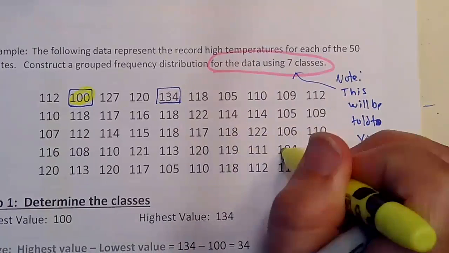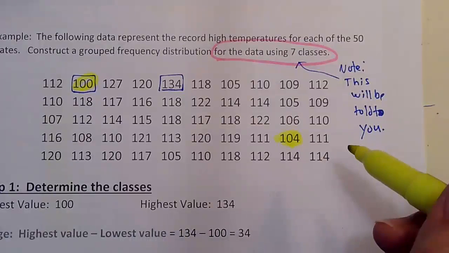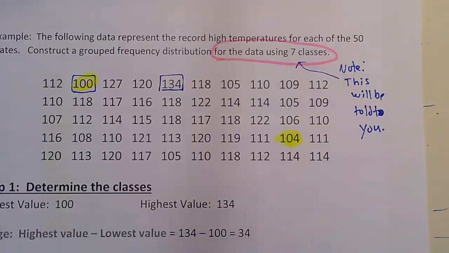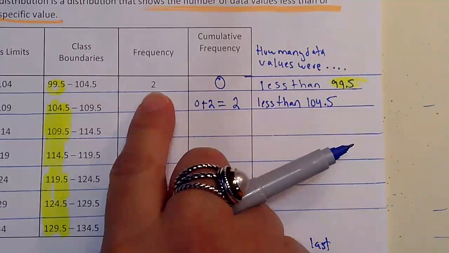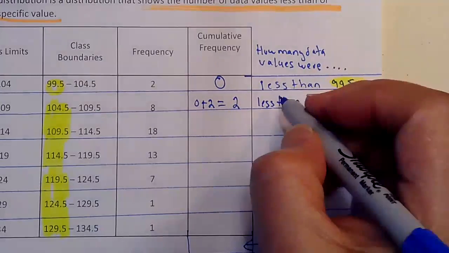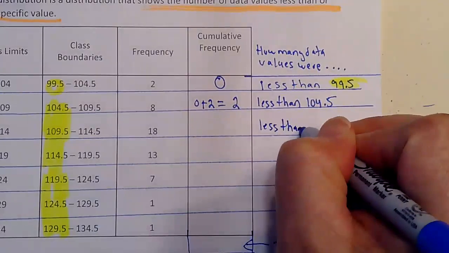This one, see, this is 104. That's less than 104.5. Yeah, and there should only be 2. And I'm looking at the other ones. Yeah. So you see there's your 2. Okay. And which marks that. Okay. And then we're saying how many data values are less than, and the next one will be